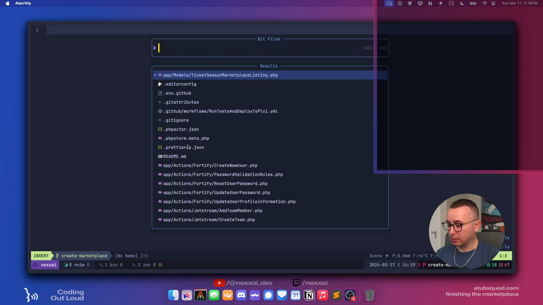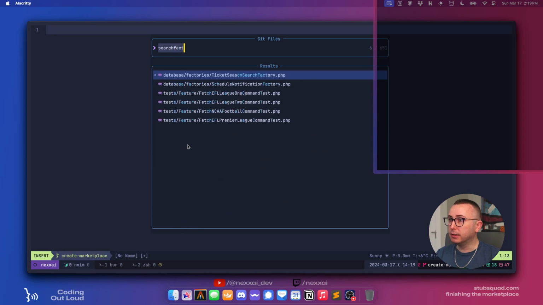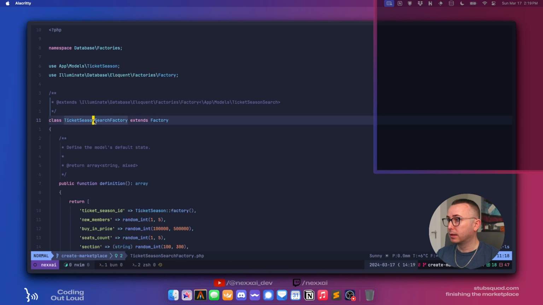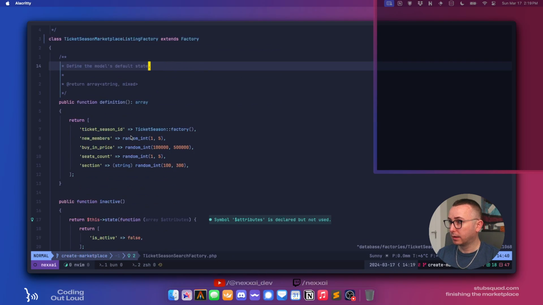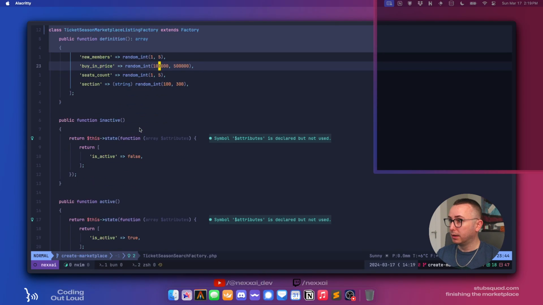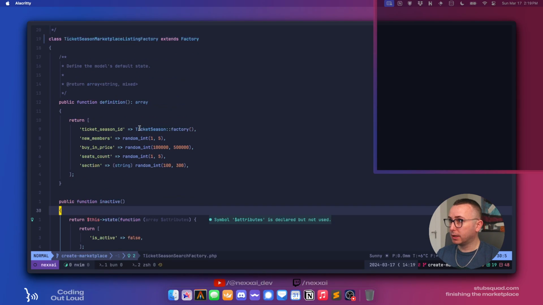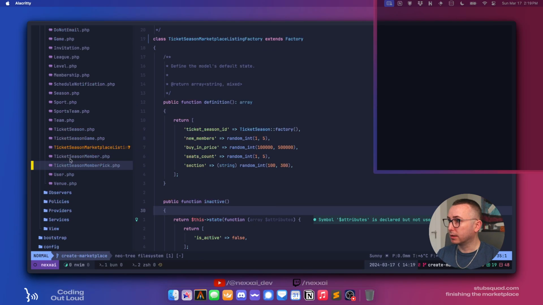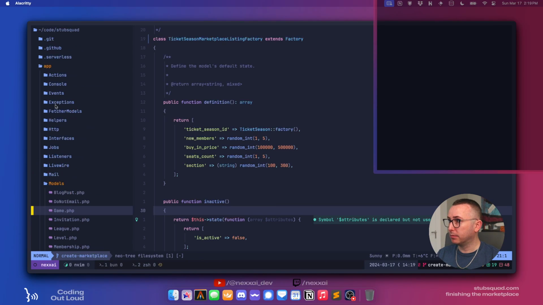What else do we got? We got a search factory, the ticket season marketplace listing factory. Okay, those are fine. Let's rename this.